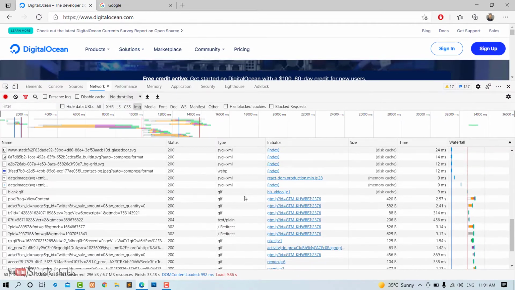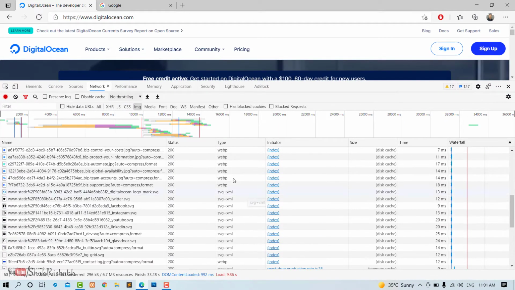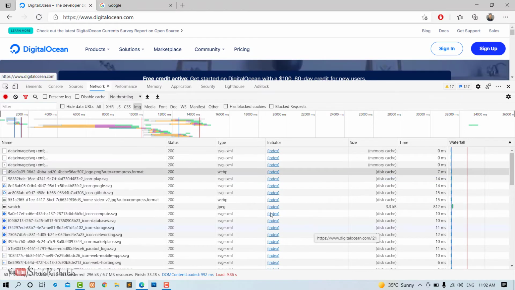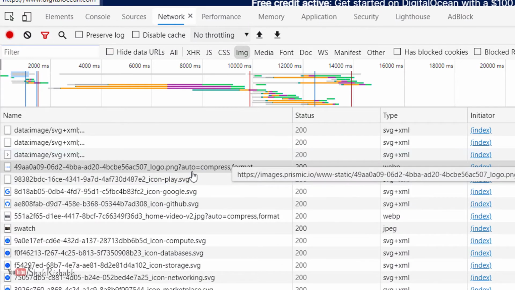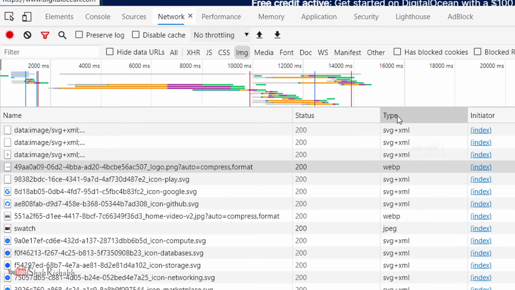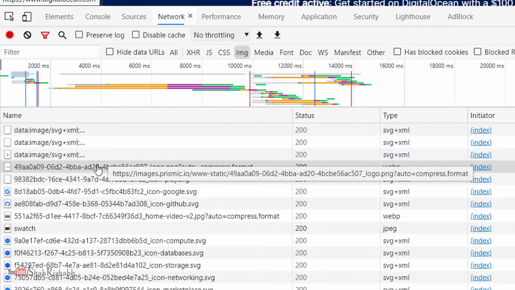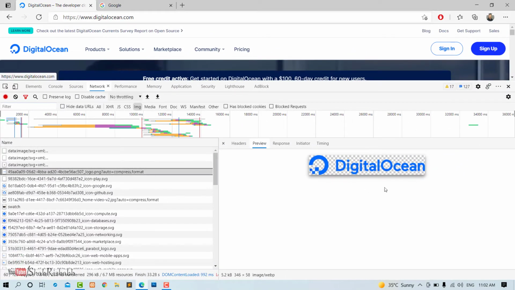So from this, you can be sure that your website is serving WebP images. But let us cross-check it. If you see that it is being shown that the logo image is being served as a WebP image. This is the logo image. Now,